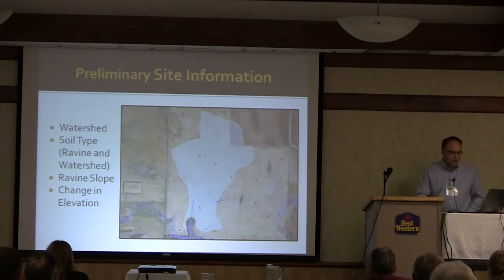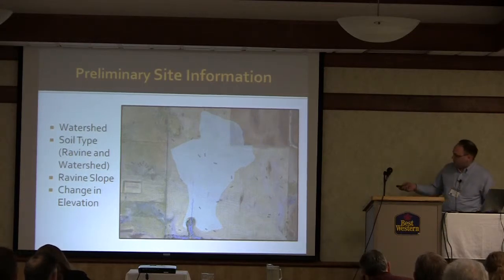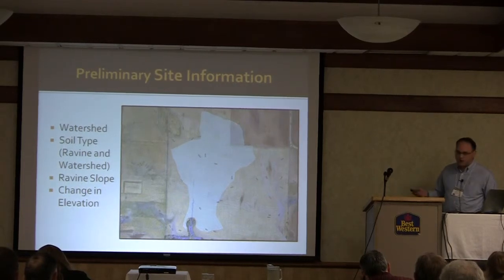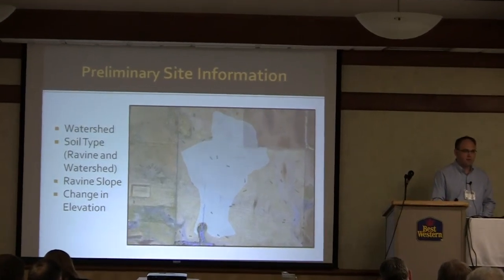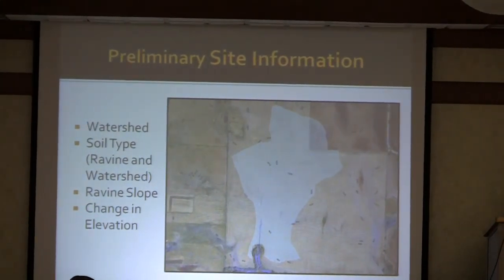So when I get a call to come out to a site, first thing that we do is we find the site and get together some information that we can from elevation contours. For instance, here we've got the watershed, and we try to determine how much water is coming towards the ravine, surface flow, and if there's public buried tile that are draining towards it, that's something we can look into too. We also look at the soil type in the watershed, which gives us a little information as to how much water is coming, how fast